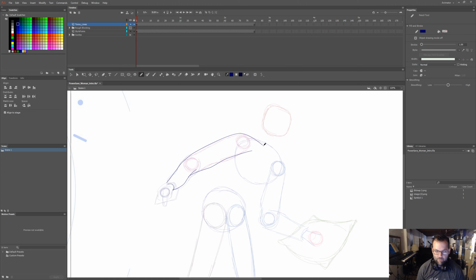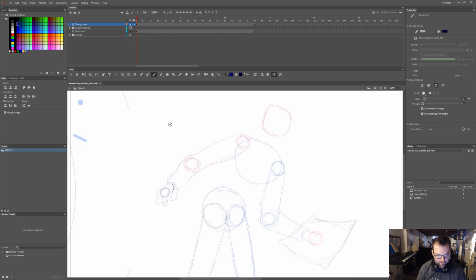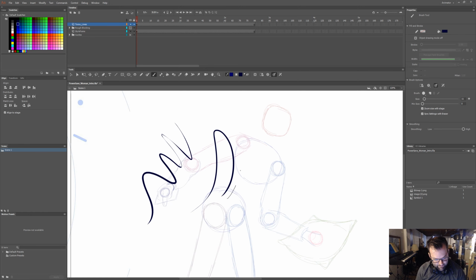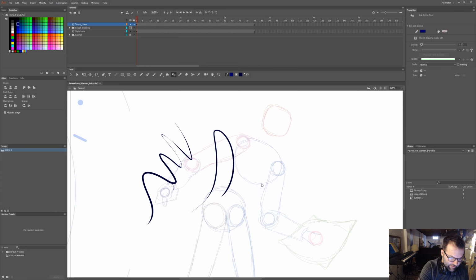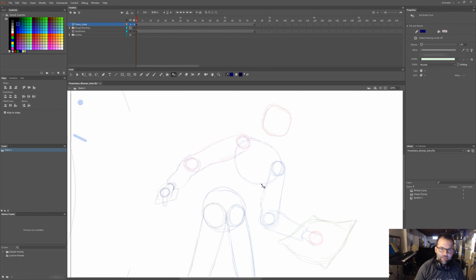I'm just messing around right now, but just to give you an idea of what it looks like. I am going to use the pencil tool, but I'm not going to try to be super clean with it. I think I'll probably be sketchy like I did underneath. What I was going to say though is that the brush tool, even though it's nice and you can do thick and thin lines with it, it's a little bit processor heavy or RAM heavy, because these are all vectors still, so it's using vectors to create all those thick and thin line stroke variations. So I just feel like it's a little easier on the system. You can play it back